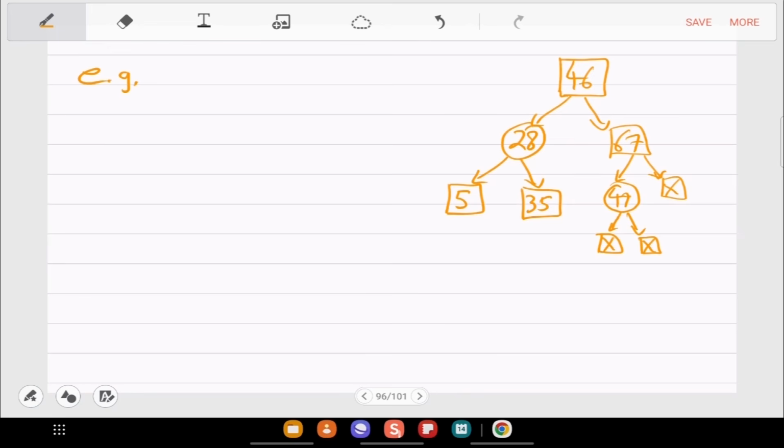But this is not true on the left side, which means that it's not complete. So let us give it more nodes. Let's say 2 and 25. And then we can end with leaves.